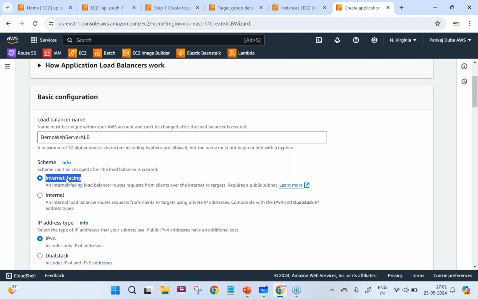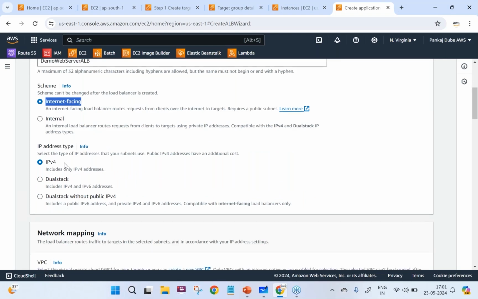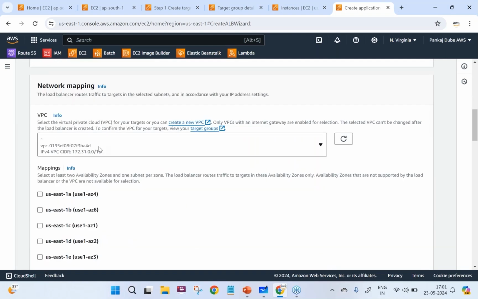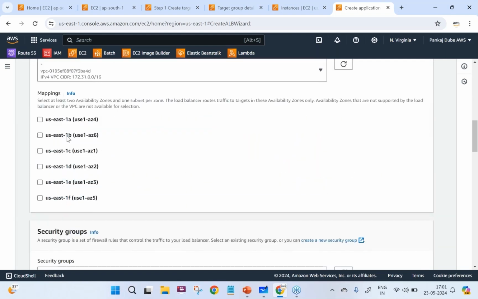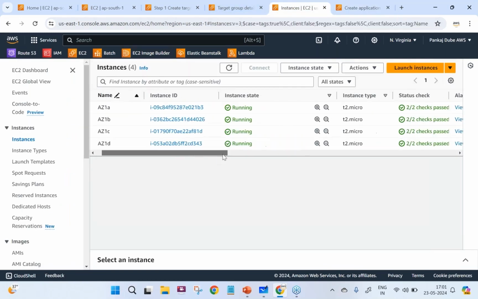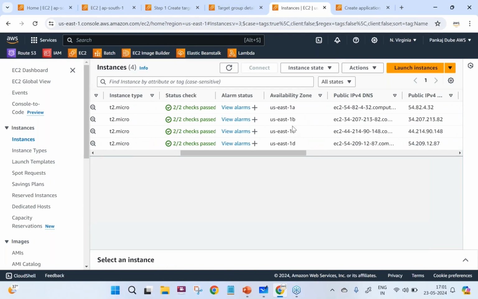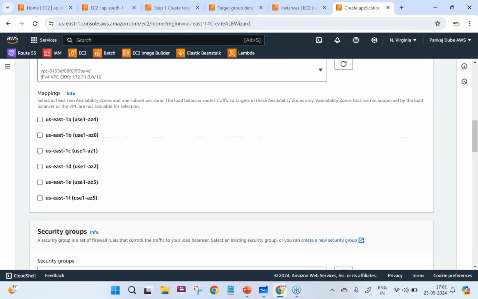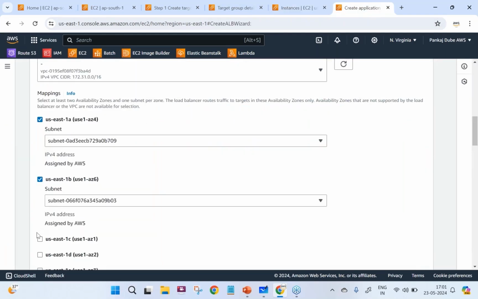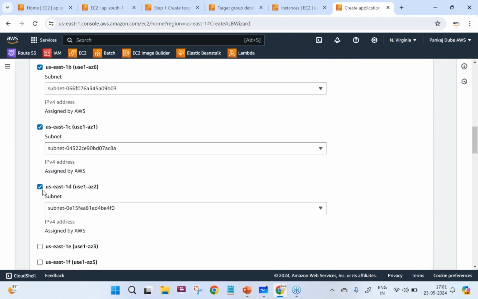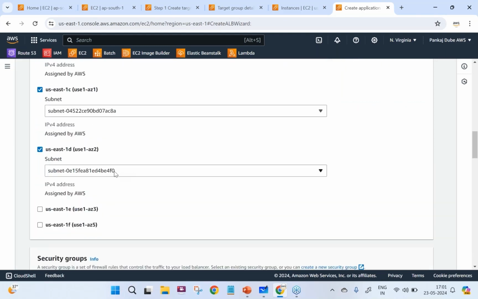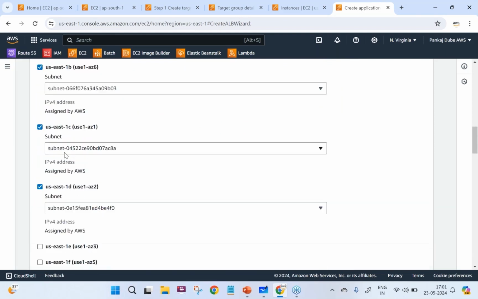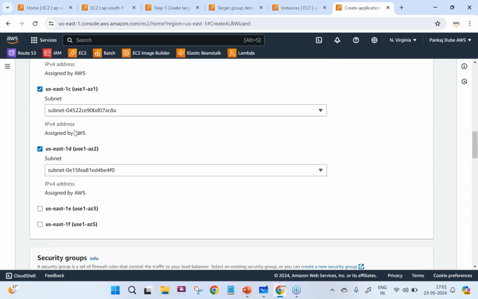IP address type should be IPv4, and I am going ahead with the default VPC. Now select the mappings. My instances reside in 1A, 1B, 1C, and 1D, so I am going to select the same availability zones, and there is one subnet which resides in each availability zone. That's the reason I have selected all 4 availability zones.